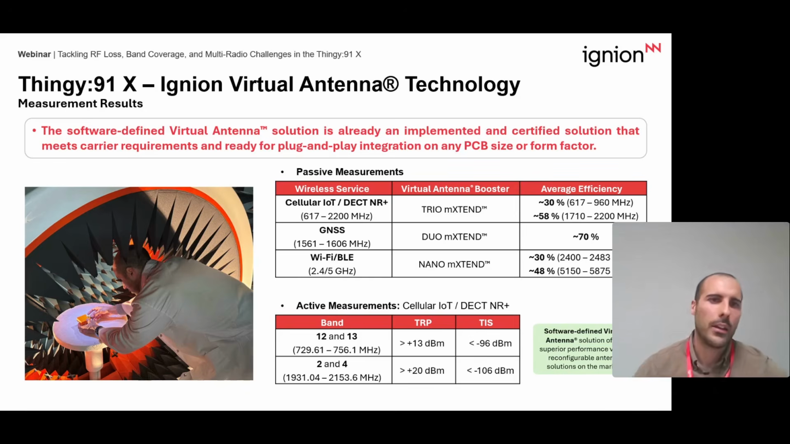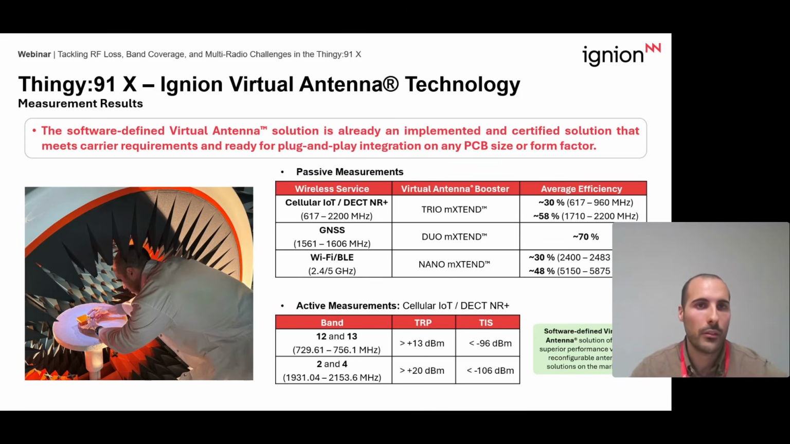Thanks, Martin. I hope you did it very, very clear, and you showed to the audience how simple it is. So now let's move on to reviewing the measurement results. As we can see, on one hand, for the cellular IoT range, the Thingy 91X shows around 30% average antenna efficiency at the lower frequency bands, and an average of 58% at the higher ones, thanks to the three-extent antenna booster. For the GNSS part, the device achieves an average efficiency of 70%, enabled by the